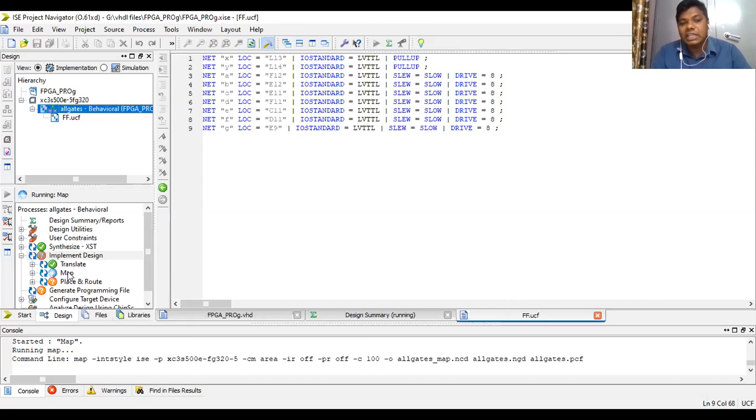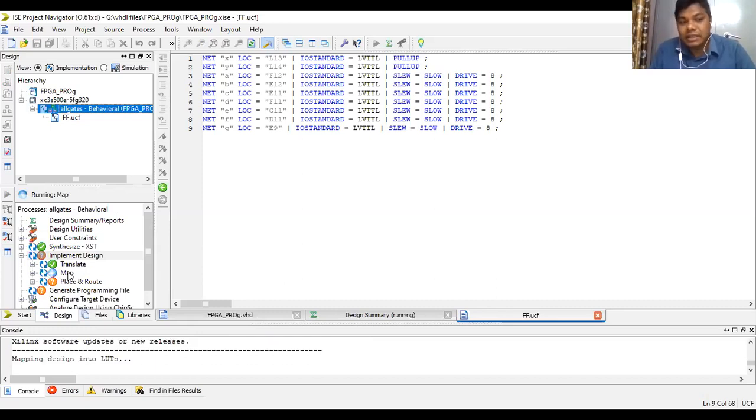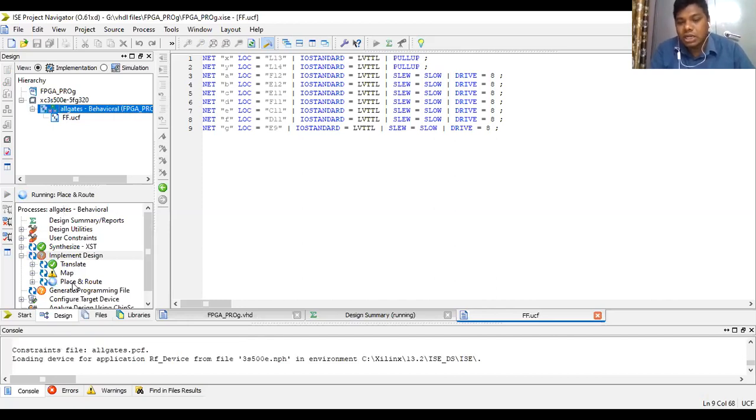Then it is moving to the mapping part. The logic gates are being translated, then mapped. Mapping means it will be putting them there. After that, place and route. After the mapping has been done, place and route is generating.